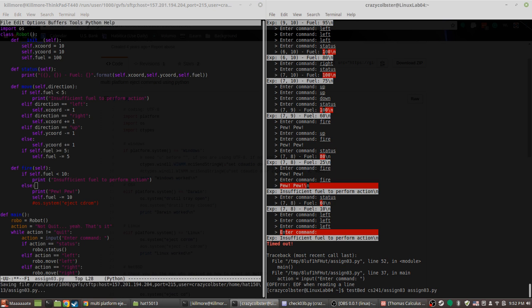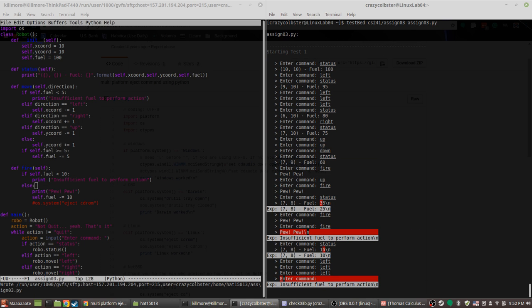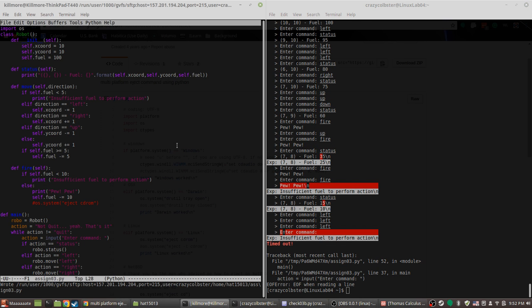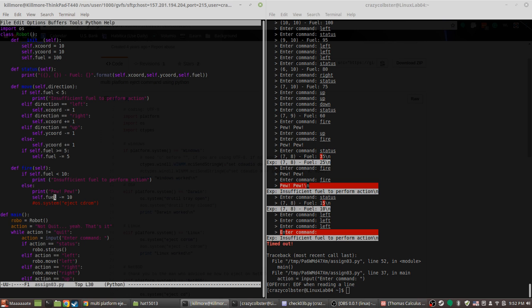Okay, Colby, I found my problem. That's good. Well, sort of. Yeah! Fire's just not taking out enough. Fuel should be minus equal 10.